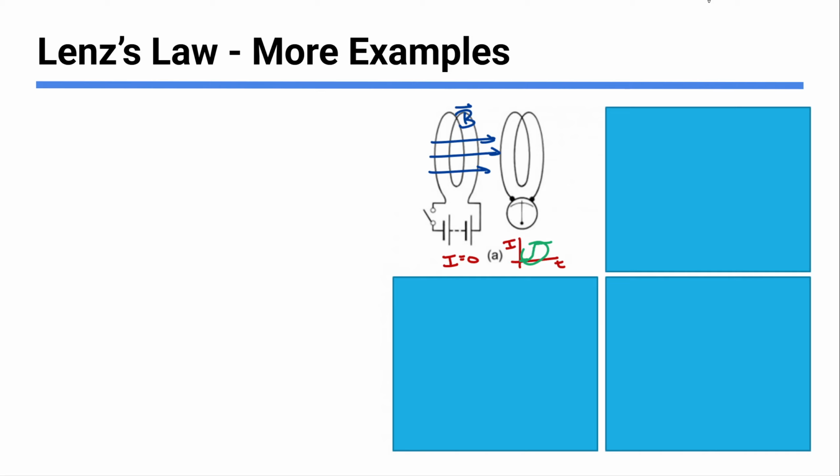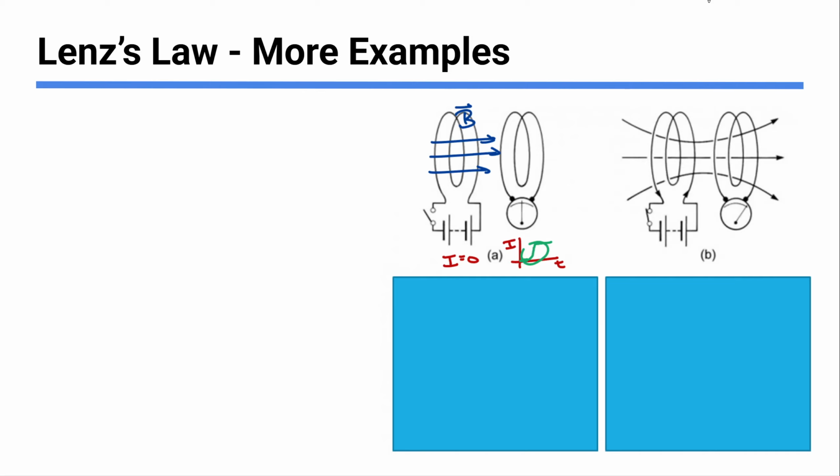But at the beginning, there's no field there. So what's going to happen? Once we turn on the switch, this magnetic field appears. We start to make that field. Right as the switch turns on, this loop is going to see a magnetic field appear. It's going to experience a change in flux. Right now, the flux is 0 for this loop, in the beginning, before this field appears, when the current is still 0. And then there is some flux,